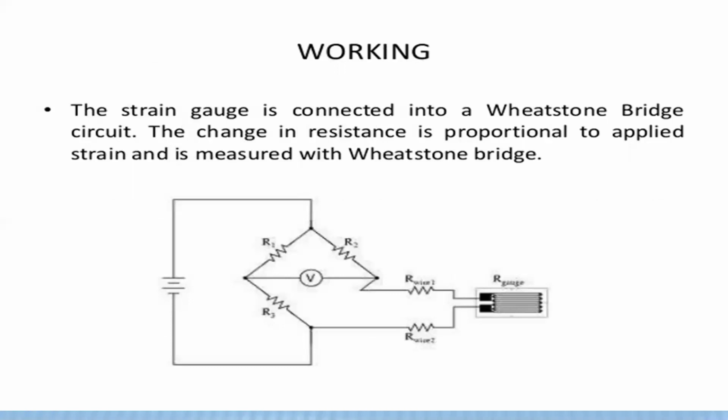Okay, so the working of this strain gauge is that the strain gauge is connected to the Wheatstone bridge. Whenever we apply loads on this strain gauge, automatically the grid length is varied. So the grid length is changed. We connect it to a resistance Wheatstone bridge circuit. In that Wheatstone bridge circuit there are resistances, so as the grid length varies, the resistance is also developed, and how much resistance is developed and how much voltage is developed in that circuit should be calculated. Okay,